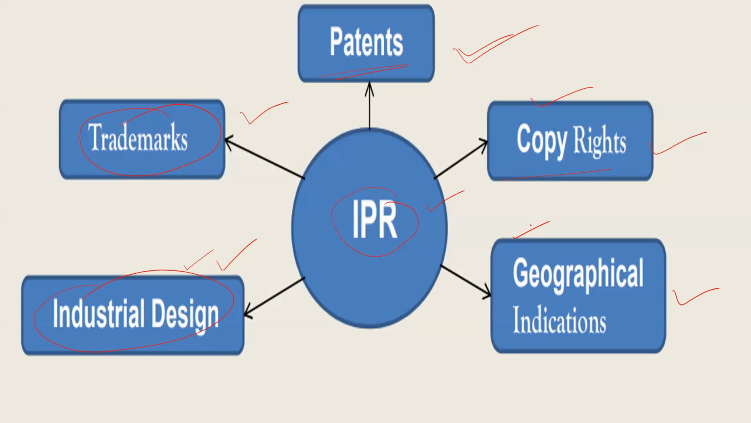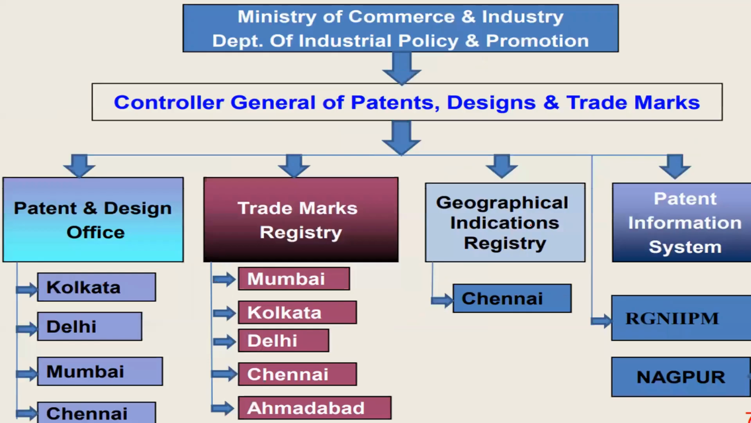As well as, for patents, trademarks, industrial designs, copyrights and GIs, when you invent a different new thing or innovation, you have to apply in a separate manner. And if you look at this table, this is the Ministry of Commerce and Industry, Department of Industry, Policy and Promotions. Patents, designs and trademarks come under it, and it works under the Controller General of